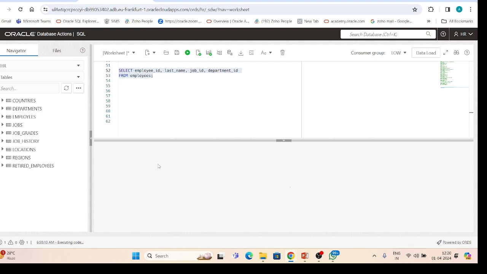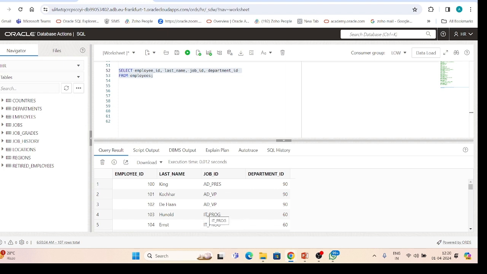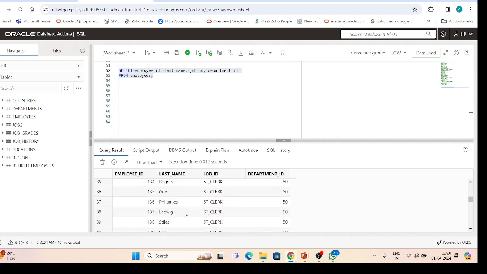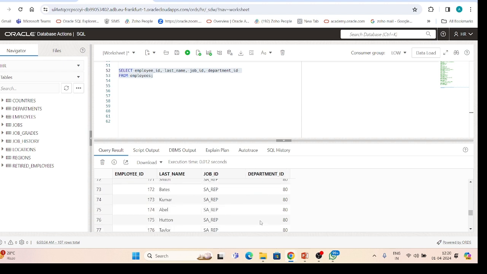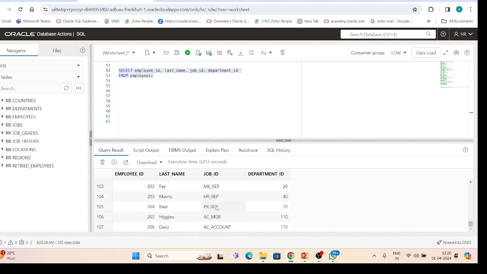So here you will get the result set for all the records that we have in this employees table. Okay, so here you can see these are all the records for all the department IDs, for all the job IDs, for all the employees in the table. But if we want to impose some restriction here on the result set, let's assume that we want to retrieve